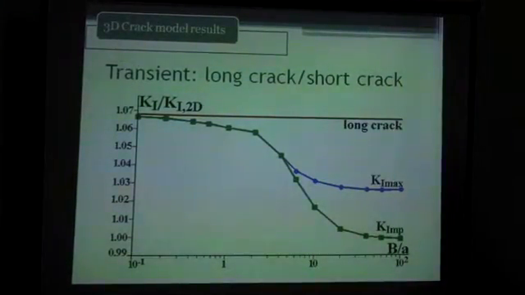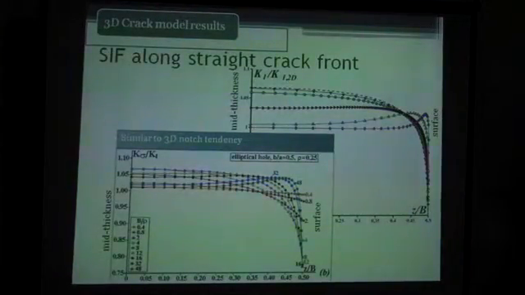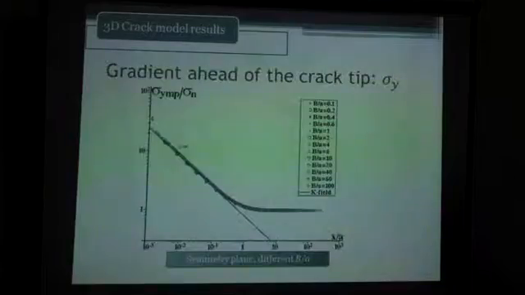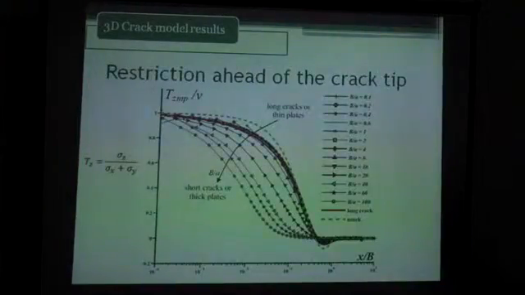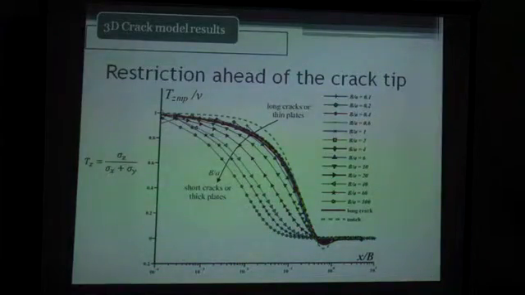So one could think, well, the mid-plate value is higher than the 2D solution, but it tends to 0 at the surface, so maybe it could even out. However, the crack changes shape. So that's our next analysis. Just before that, this would be the restriction, the stress in the thickness direction divided by the sum of the other two stresses. And what we found is that this